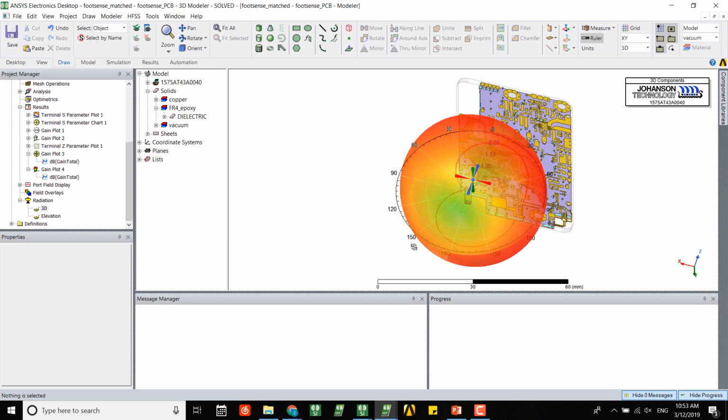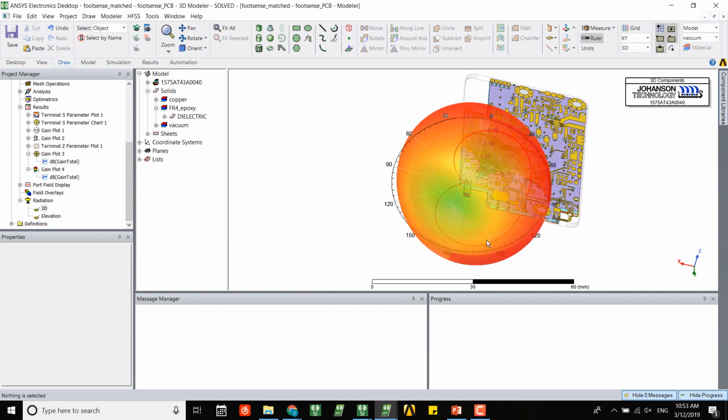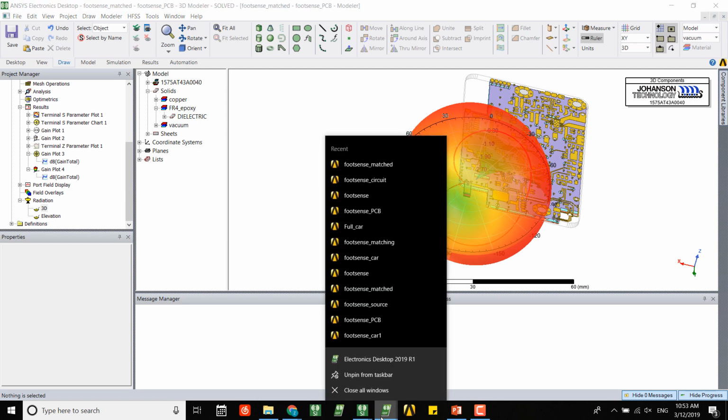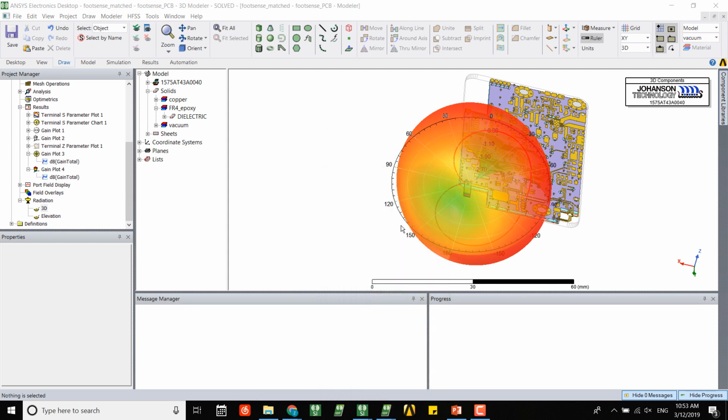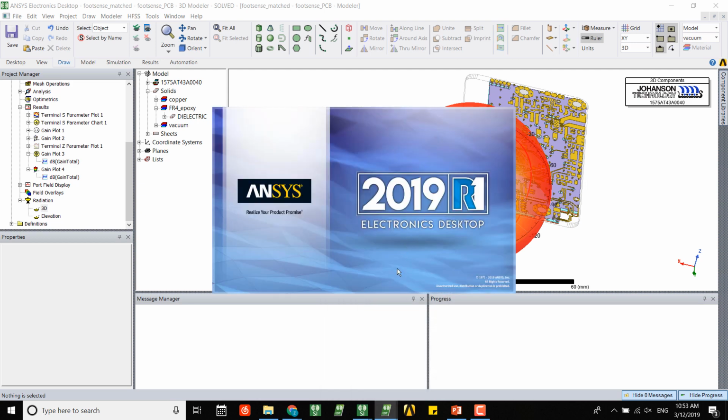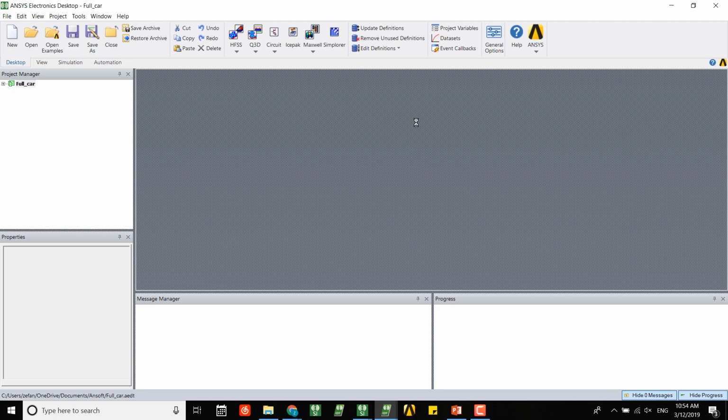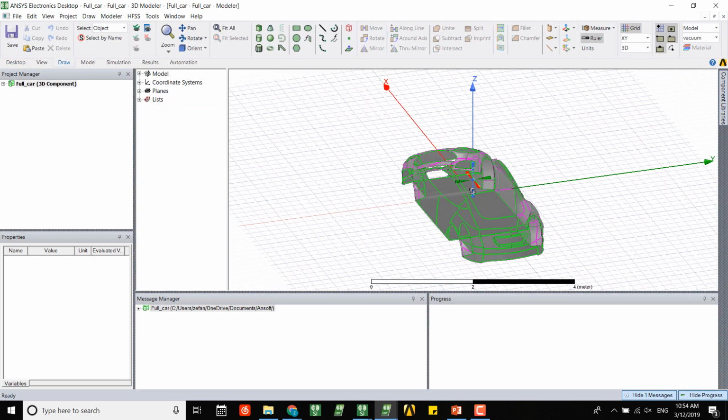So this is your radiation pattern in free space. And what happens if we want to put this inside the car? So now you need to create any structure, like let's say a car model. If this chip is for your mobile phone, you just need to create a CAD model of your mobile phone and anything. So right now here, you have your car,